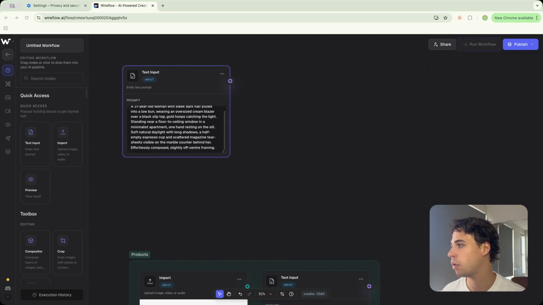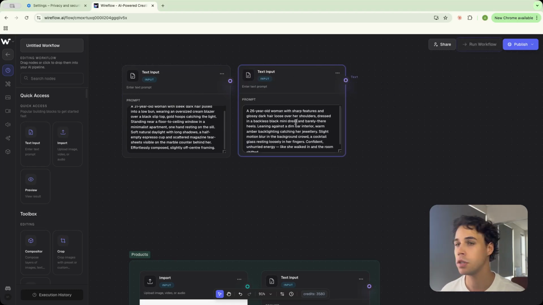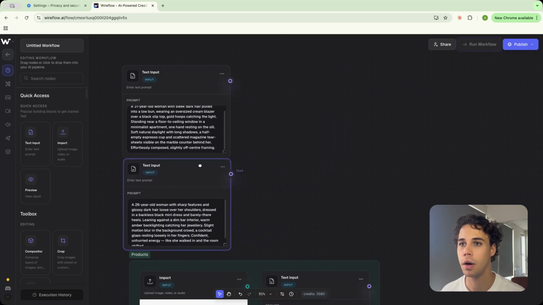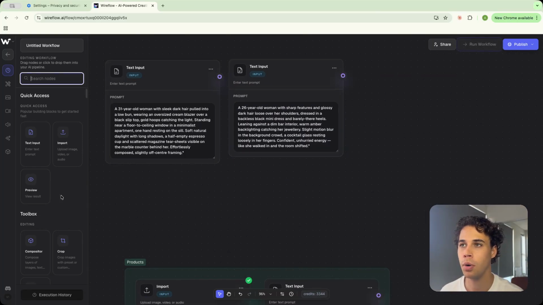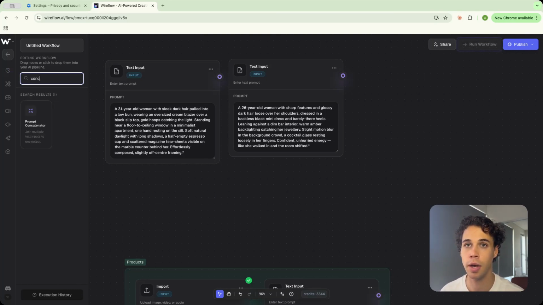And then we have another one. Just copy this first. So this is more of a nightlife regular, sort of nightclub goer, as our second example. And that's our characters. So now that we've got our character input and we've got our product input, the next thing we need to do is combine these all together to create a really nice prompt for our video model in the final step. So firstly, we're going to use a prompt concatenator node,